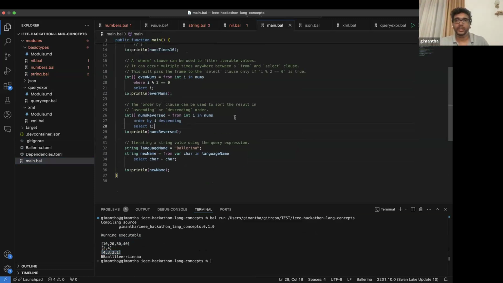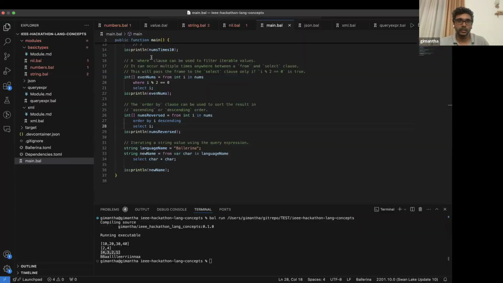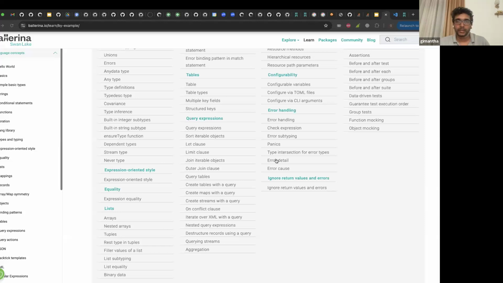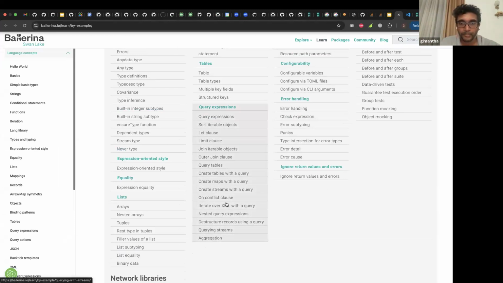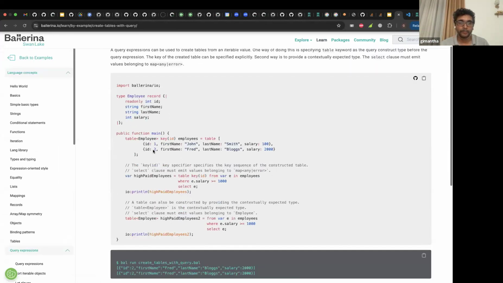If you go to the query expression section, you have all the examples there. You can even perform aggregations, and you can join two query expressions and generate more values. And also you can use query expressions to convert one data type to another data type. For example, here I am creating a table, here I am creating a map. So if I go to that example, you will see that